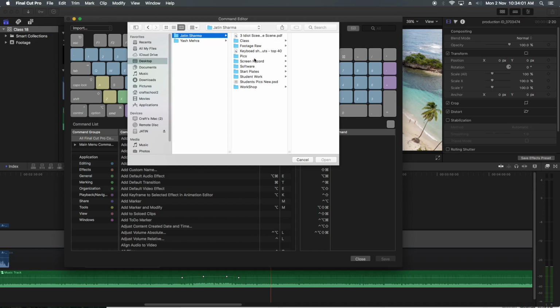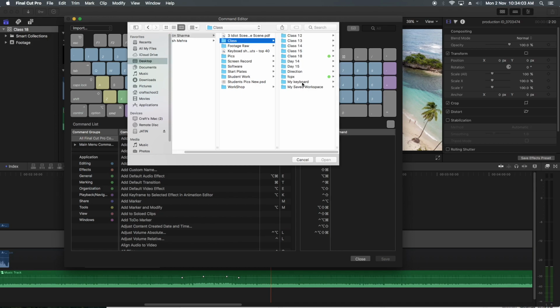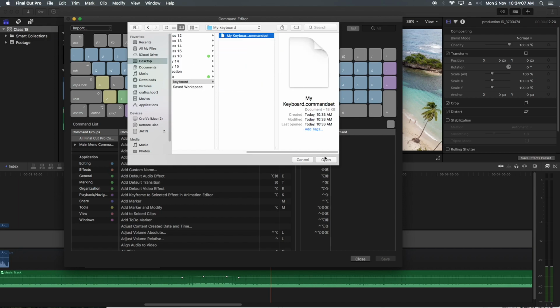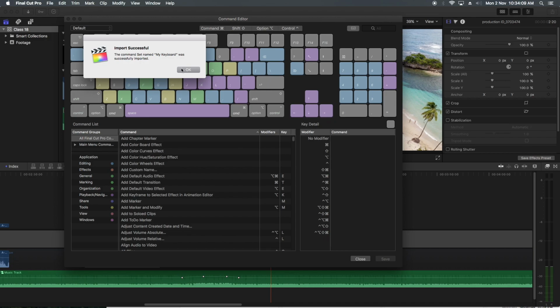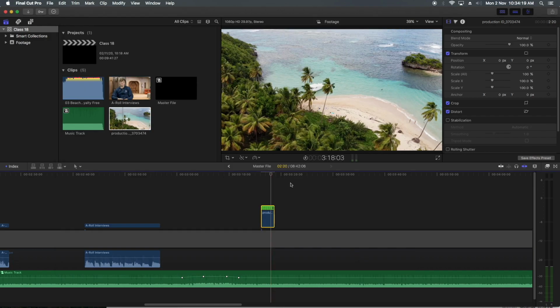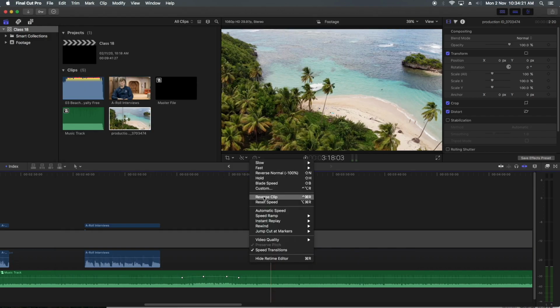I have saved it in class and my saved keyboard. I'll select that and open, import. The command set named my keyboard was successfully imported, and I'll change it to my keyboard and close it. And now again you can see the reverse clip is by our command. Now everything has changed.